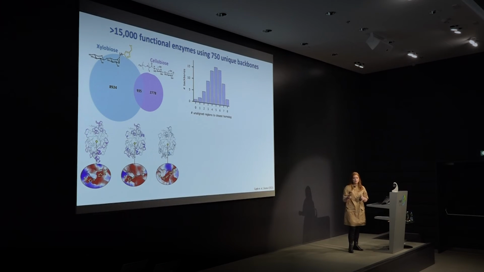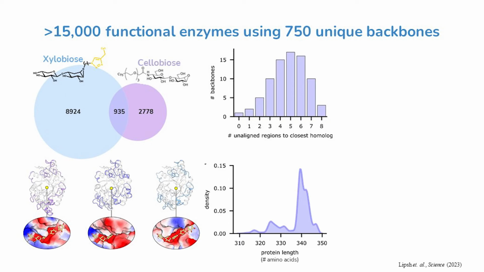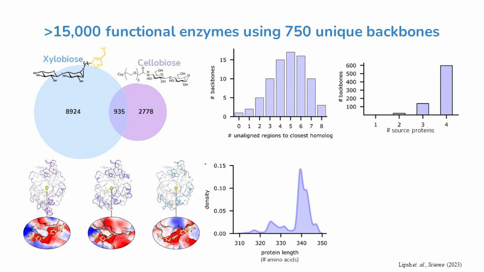Also, we got a lot of diversity, with proteins up to 140 mutations away from any natural protein, including a lot of insertions and deletions. The proteins are very diverse in length. And also, most of the incorporated protein fragments come from 4 different sources, which would be quite challenging doing a hybrid combination. And I also have to mention that 75% of the active proteins in the second library actually incorporated